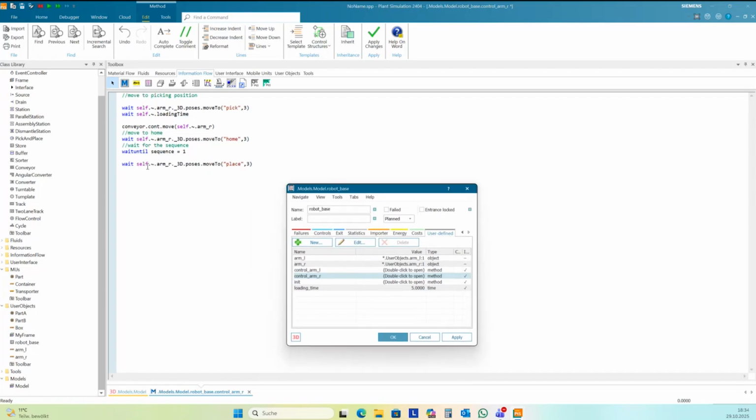Takes 30 seconds. I wait again for my loading time to open the clamps. And then I need to move the part from arm R to container. And at the end, I move back to home.